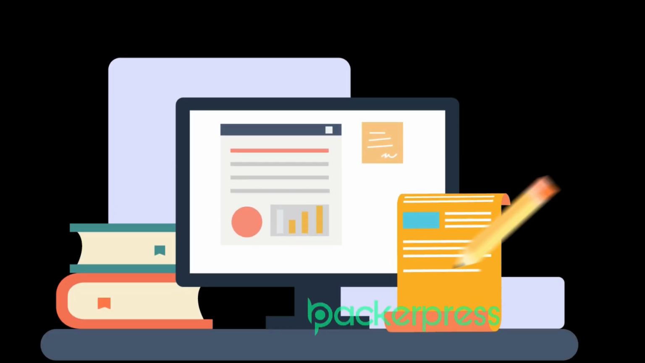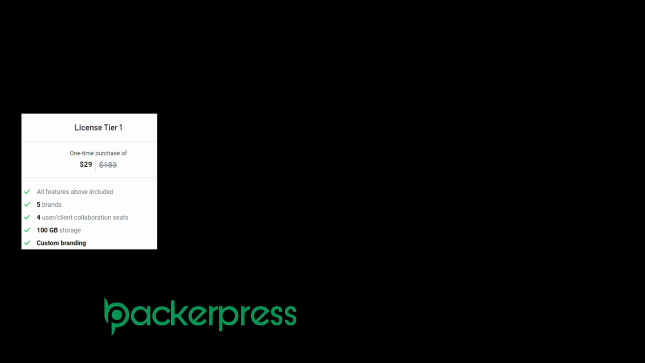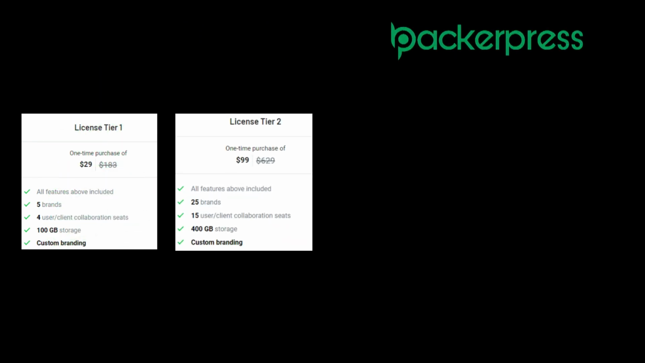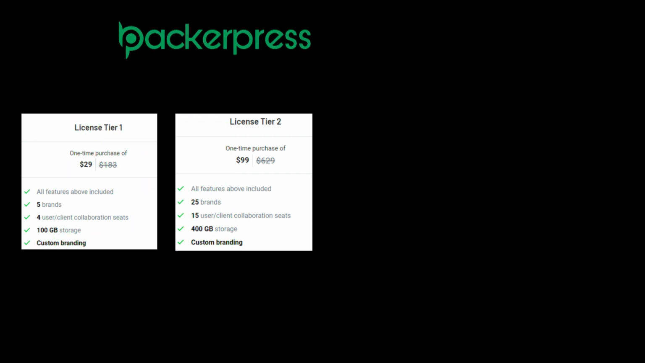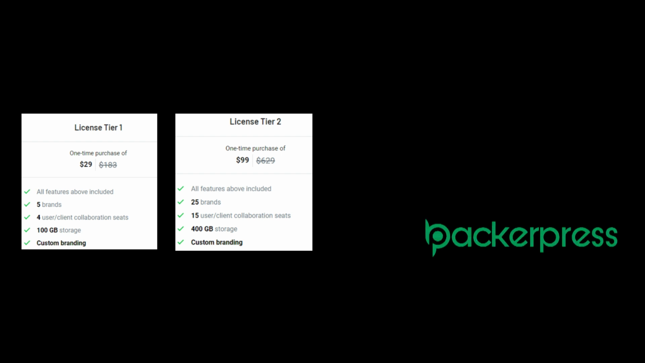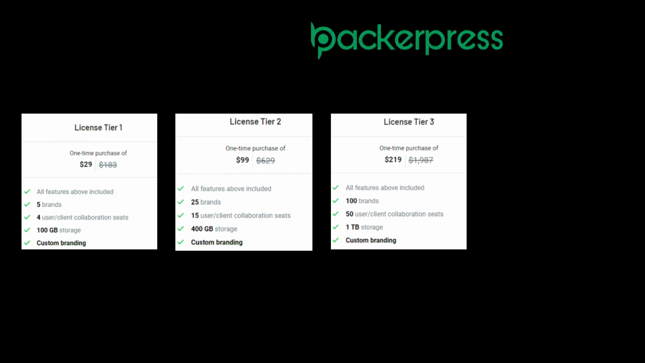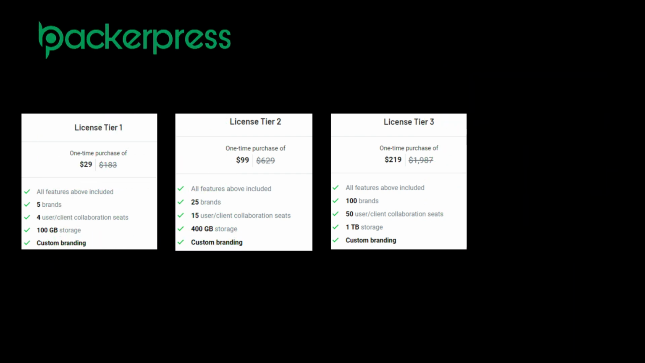But they have some lifetime deals. Licensed Tier 1, 5 brands, 4 users clients collaboration seats, 100 GB of storage, and custom branding for $29 instead of $183. Licensed Tier 2, 25 brands, 15 users clients collaboration seats, 400 GB of storage, and custom branding for $99 instead of $629. Licensed Tier 3, 100 brands, 50 users clients collaboration seats, 1 TB storage and custom branding